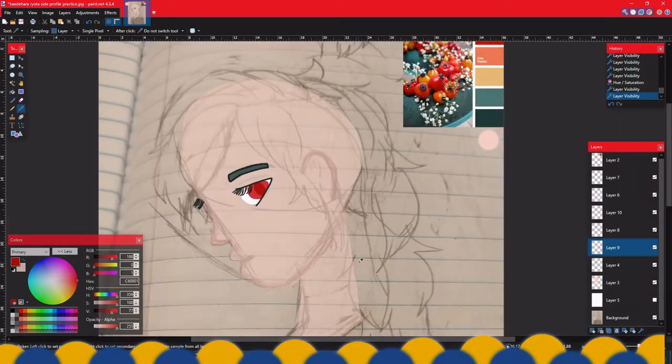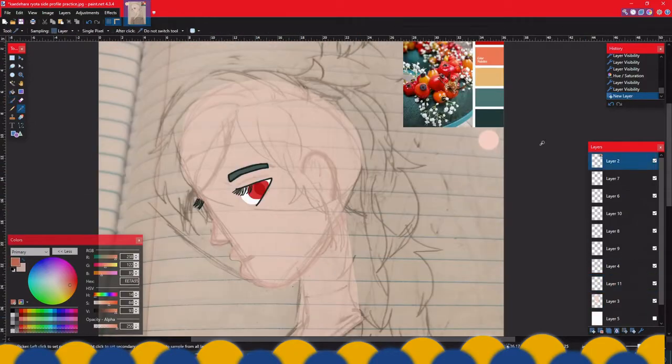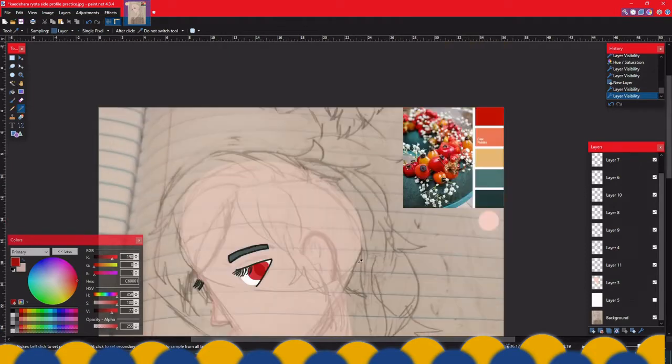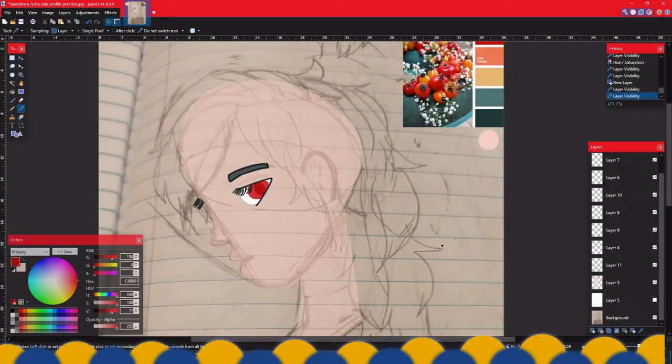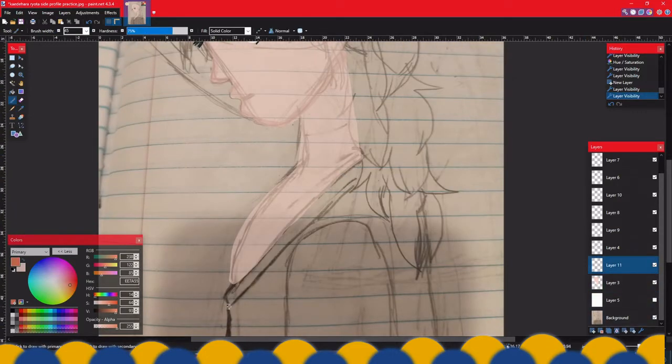Now, how do I make my base colors? I start off with a transparent layer, not fully transparent, but lowered opacity, and then I layer my colors over that as I see fit.